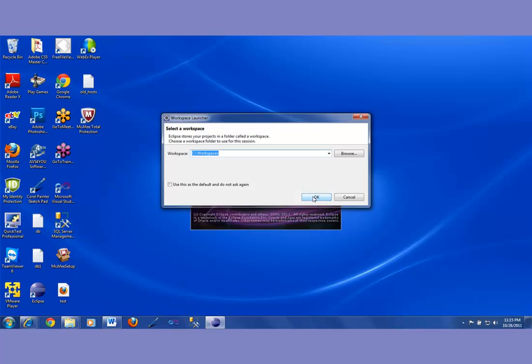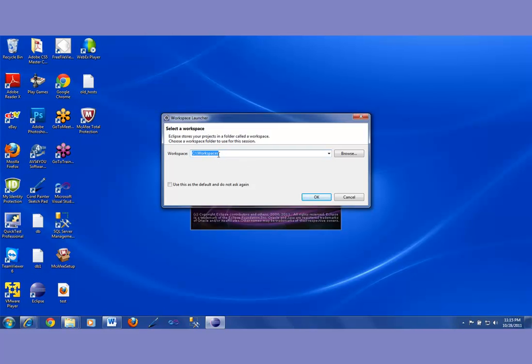So after you download it, once you run it, you can have a shortcut on your desktop like what I did, and then when you double click it, it's gonna open, it's gonna launch. And the very first thing which you will be seeing is a workspace. Now, workspace is an area where you would be storing your code, your Java code. So by